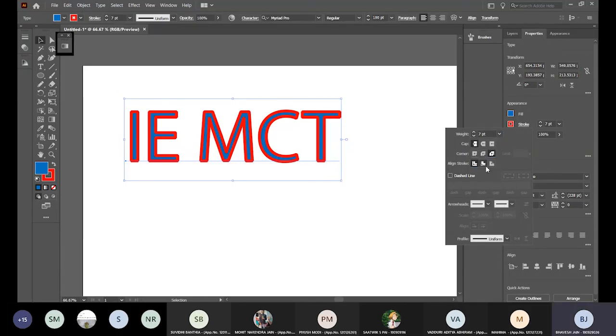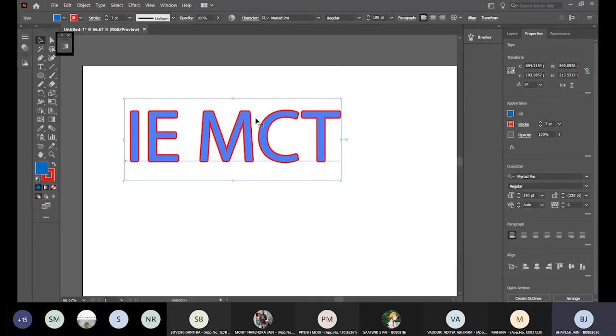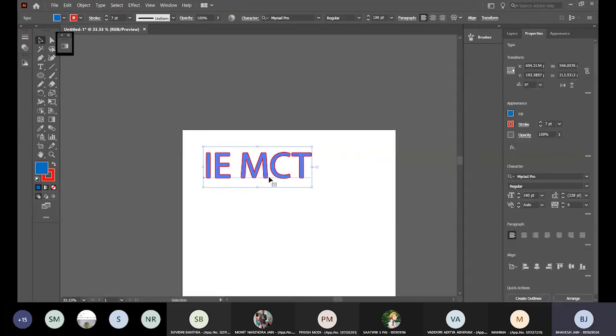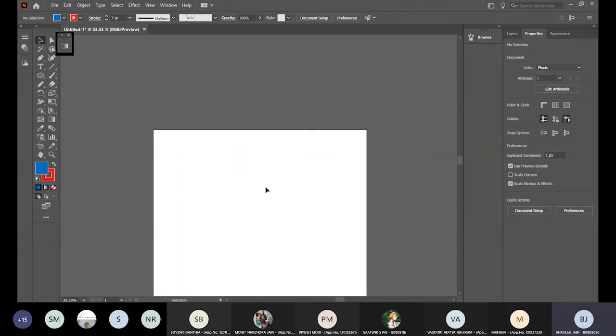यहाँ पे ऑप्शन भी नहीं आएगा तुम्हारे पास वेरी करने का. It will show but it won't do anything. This is because Illustrator treats text as a separate category of stuff. So this is what will happen if you add stroke to this. And again, you can delete it, backspace it.